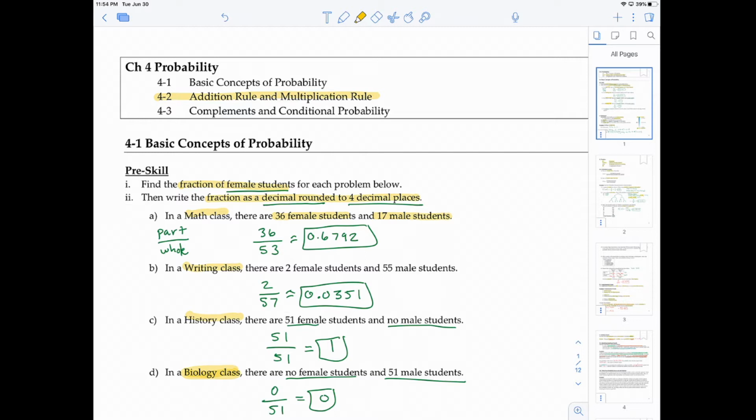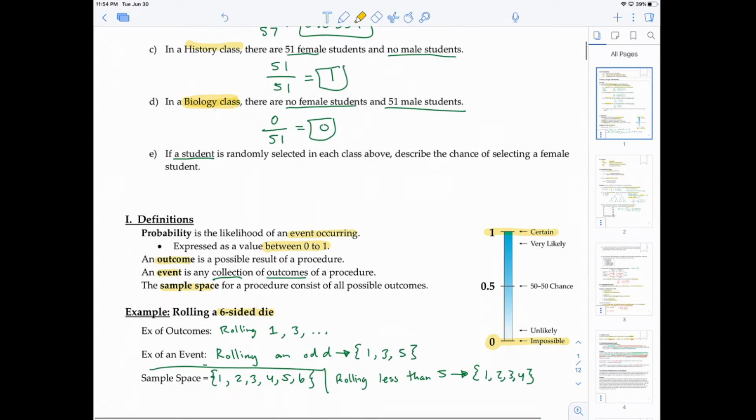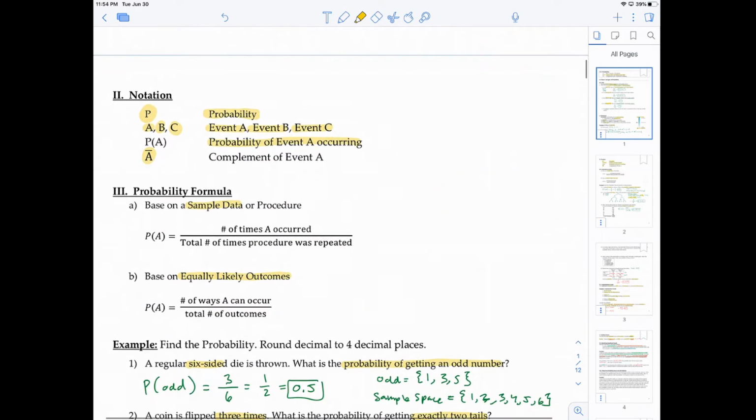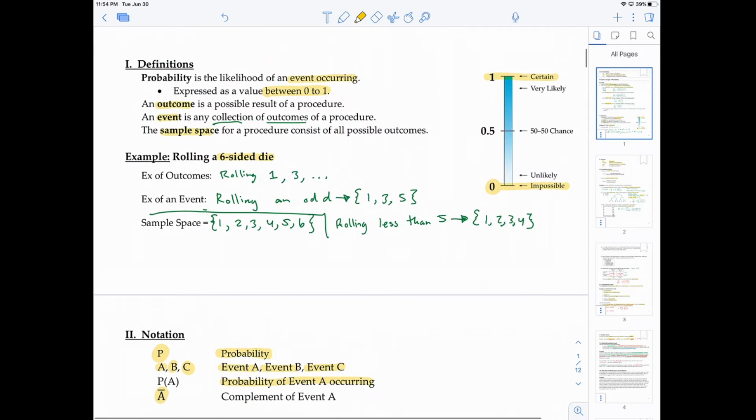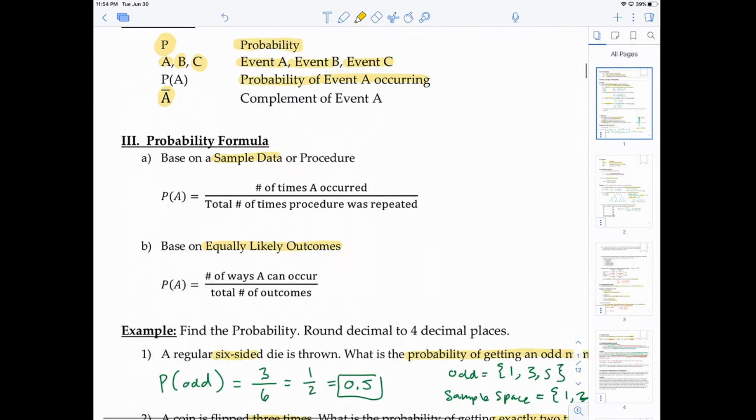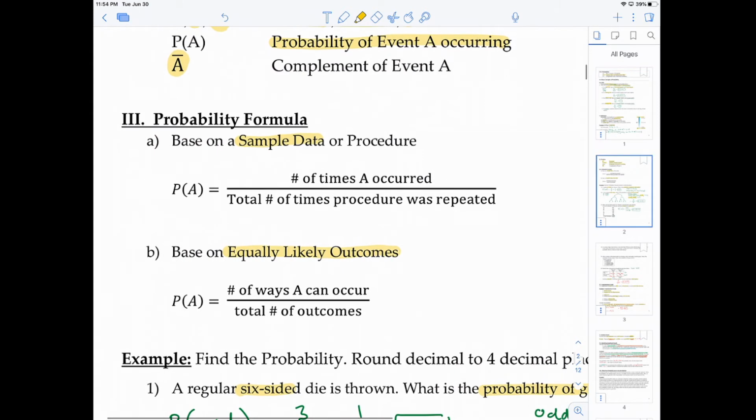So in the prior video, we talked about the basic concepts of probability. So you should be familiar with how to calculate probability, the notations of probability, and just basic definitions of what probability is, right? Probability measures the likelihood of an event occurring. And also, you have to have this down solid, just calculating probability using the formula. Okay, so let's go ahead and move into